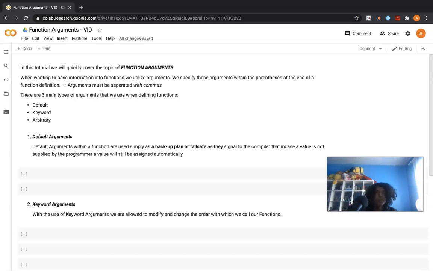Hi everyone, welcome to our 17th Python tutorial. In the previous tutorial, we covered variables and variable scopes, and that's all within functions. And we're going to build upon that idea of function variables and get more specific with function arguments in today's